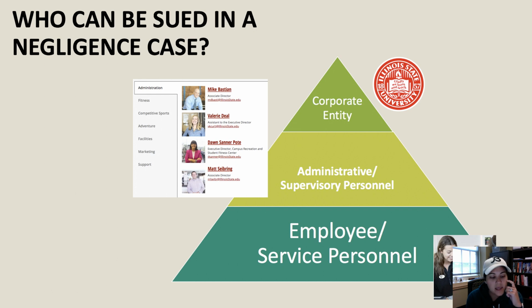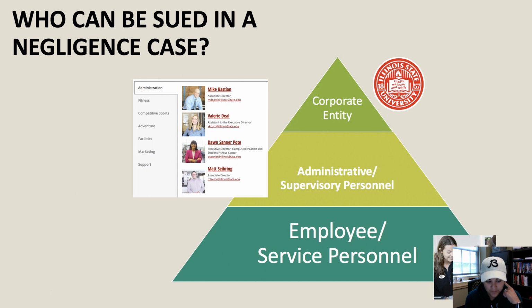So here's the good news. If you are an employee service personnel, you are only liable for your own negligent actions, okay? So if you are negligent or reported to be negligent, all you have to worry about is yourself, right? You don't have to worry about the negligence of your peers or your supervisors or the corporate entity themselves. So that's the good news, right? So you're only liable for your own actions. So hopefully you learn a lot in this class and you never find yourself in that position where you're negligent